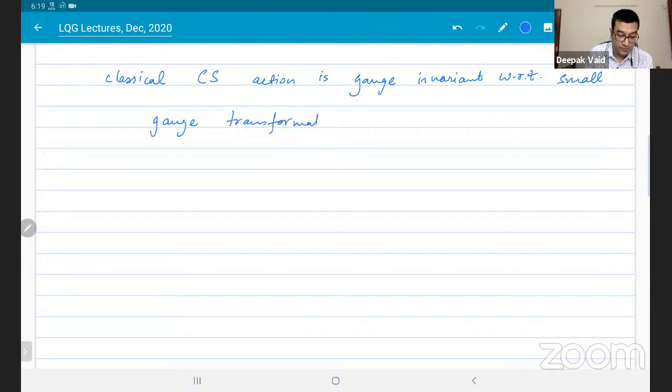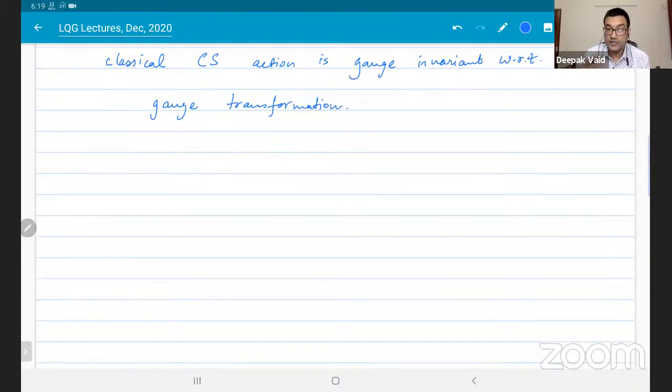And if you consider large gauge transformations, those which are disconnected from the identity, right? Under large gauge transformations, what happens is that this S undergoes a shift by a constant amount. There's some constant,